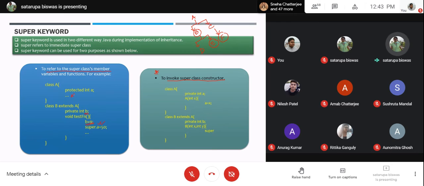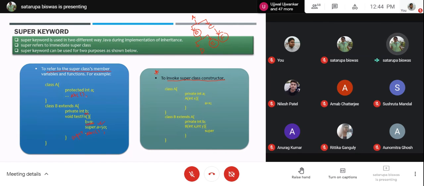Then if you have a method, say ABC method is present over here. So the method you can call directly, as well you can call it like super.abc. So any member present in the super class, you can call it from the subclass using the super keyword. You can refer to them using the super keyword. This has a special meaning. Afterwards, we will be discussing it. So super dot variable, super dot method. Using this way, we can access the variables and methods present in the super classes.